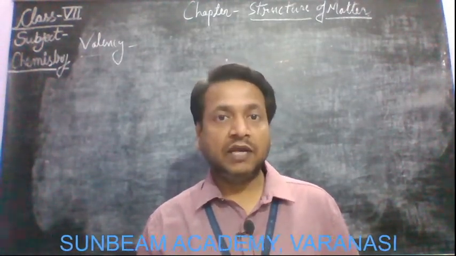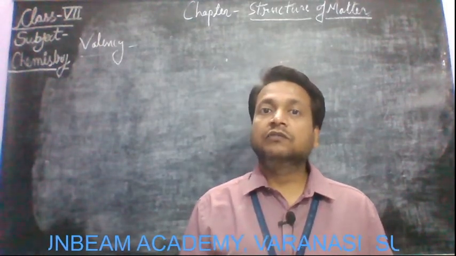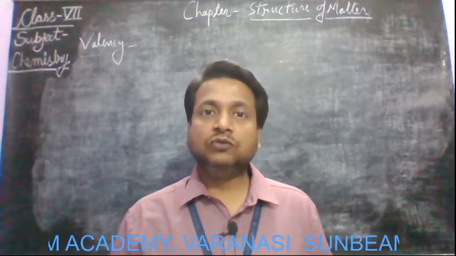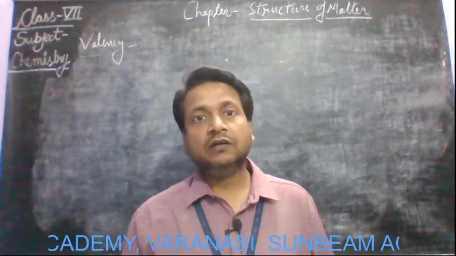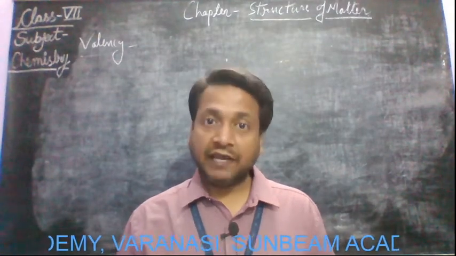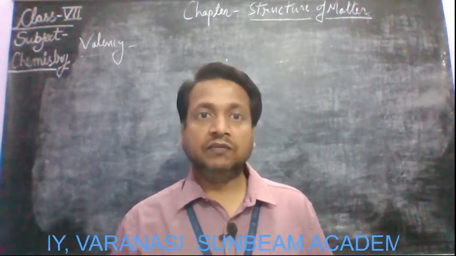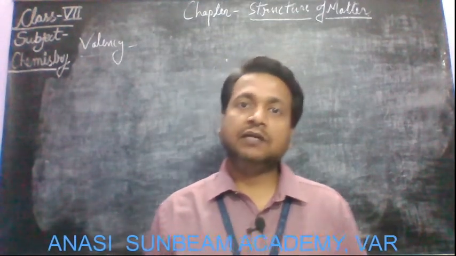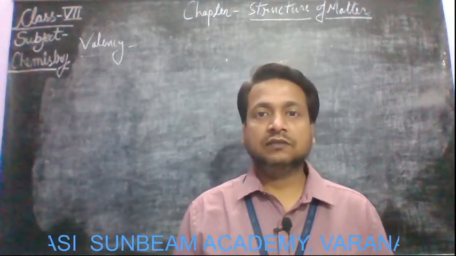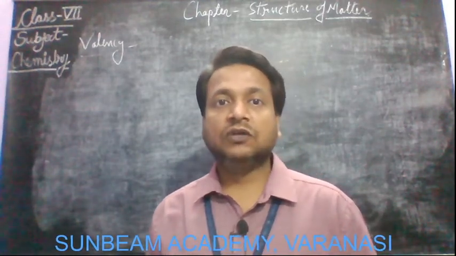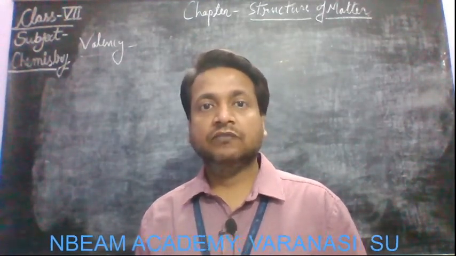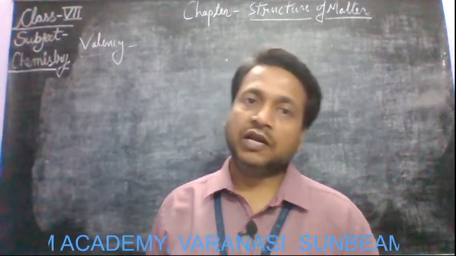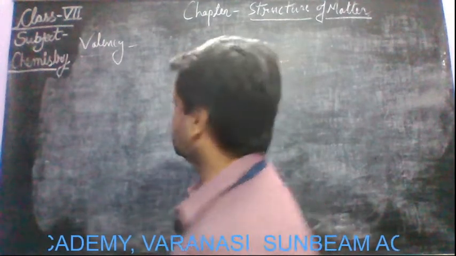If an element has the capacity to join with two different elements, we can say that its valency will be 2. If an element has the capacity to join with 5, we can say that its valency will be 5. So these capacities of the different elements are termed as their valencies. And here I have a list of the different elements with their capacity. With the help of this table, this list, you can understand the valency.